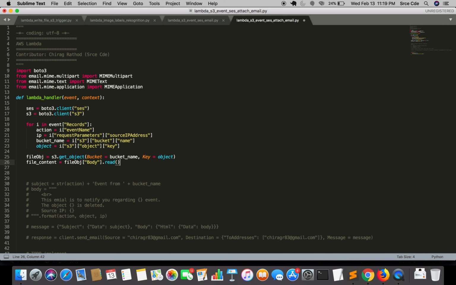By default the read method will give us the data in bytes, unless we decode it. So moving along,